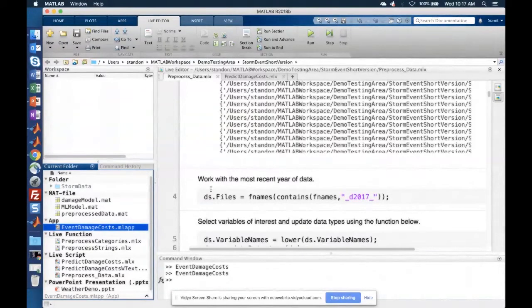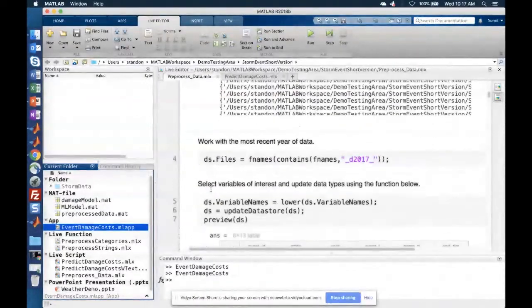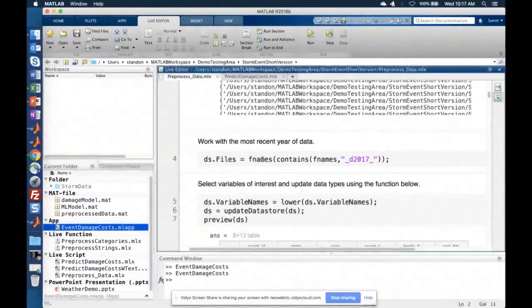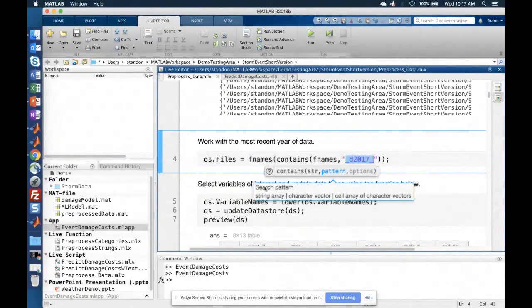It is very powerful in terms of being able to selectively export data from files, and identify files, and so on as well. In this particular section, in the first part of the analysis, I'm just developing pre-processing algorithms for data from 2017.